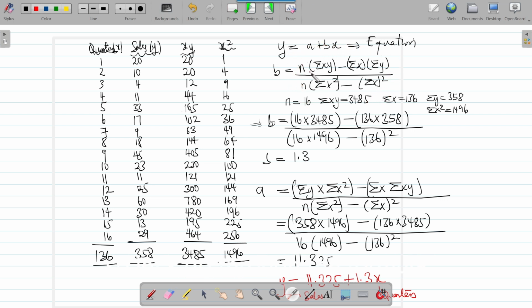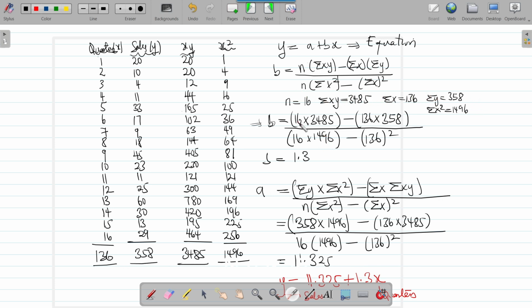So let's go through the formula. This is N, which represents the number of quarters, which is 16. This XY means the sum of XY, which is this 3485. The sum of X, which is 126. The sum of Y, 358. N is the quarters, as I've already stated. The sum of XY, that is 1496. And the sum of X squared, and the sum of X is 136. So let's put these values